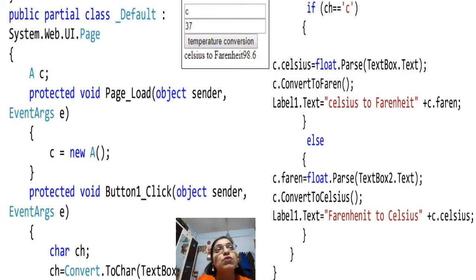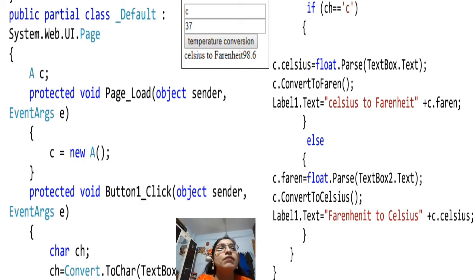So whatever message you want to display, you will write within double quotes, plus if you want to display the variable, if that particular variable is a part of the current class, then we can directly call the variable. If not, like in our case, then write the object of the class in which that particular variable is declared, dot the name of the variable. So just remember this. It's not compulsory that we always display the result by using Response.Write. If you want, you can make use of a label also. Okay, and how we will change the value of the label, by using the Text property of the label. Okay, and then the message whatever you want.